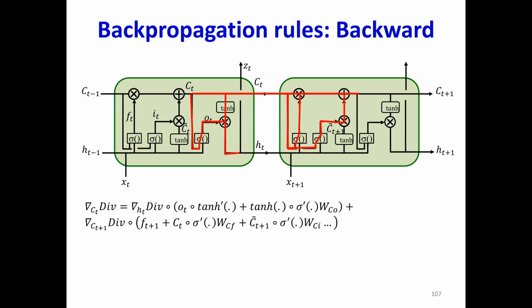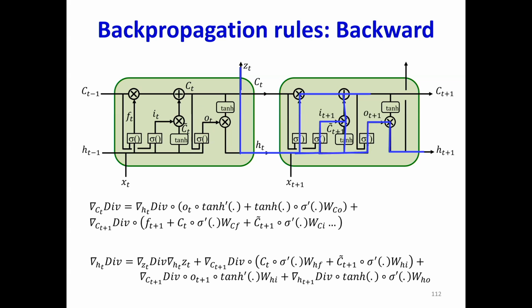I don't know about you, but I don't want to do this math. Same thing with, if I want the derivative with respect to HT, I can keep going on, right? So when you get to such ugly things, then what do you do? Auto differentiation. But then if you didn't have autodiff, what do you do? Cry. We did this with CNNs. What was the operation we did? You look at it through code, right?